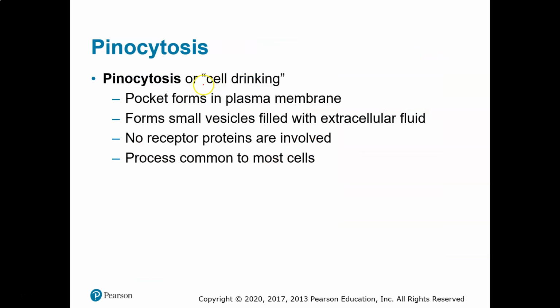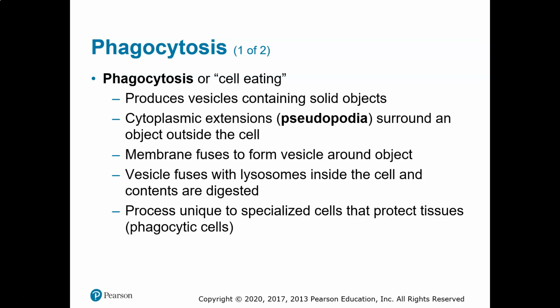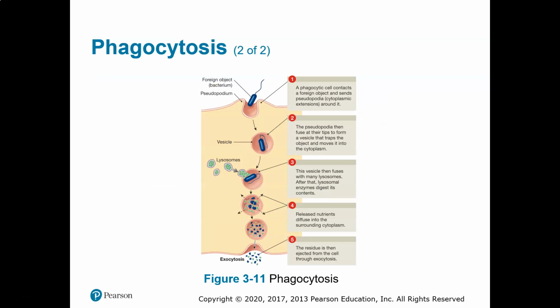Pinocytosis is cell drinking, and it just means that the material brought in by endocytosis is fluid. And phagocytosis is cell eating, and that just means the material brought in is more of a solid. Sometimes a cell, like a white blood cell, will contain cytoplasmic extensions called pseudopodia. They will surround the object, and these would be the pseudopodia. For example, this is a white blood cell, and this is a bacterium that is entering the white blood cell by